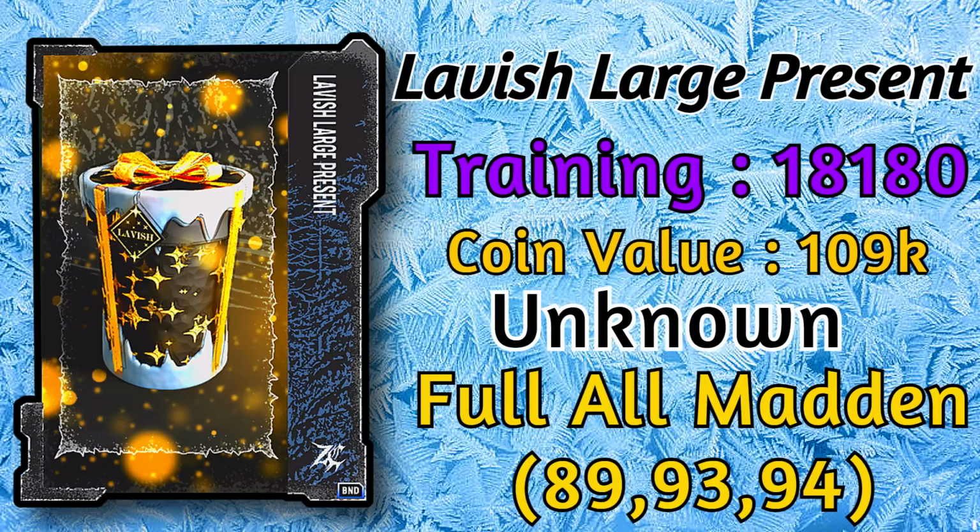Now, that might be a little bit confusing, but that is not 90 overalls, not 88 overalls, but 89 overalls, 93s, and 94s. The actual training, the median of these three overalls, is somewhere around 18k, right? 89 overalls are getting back down to 6.6, 6.8k, so that is significantly cheaper, but 93 overalls go all the way up to 33k, and 94 overalls are at 50,000 training. So you would probably pull 89, 89, 89, and